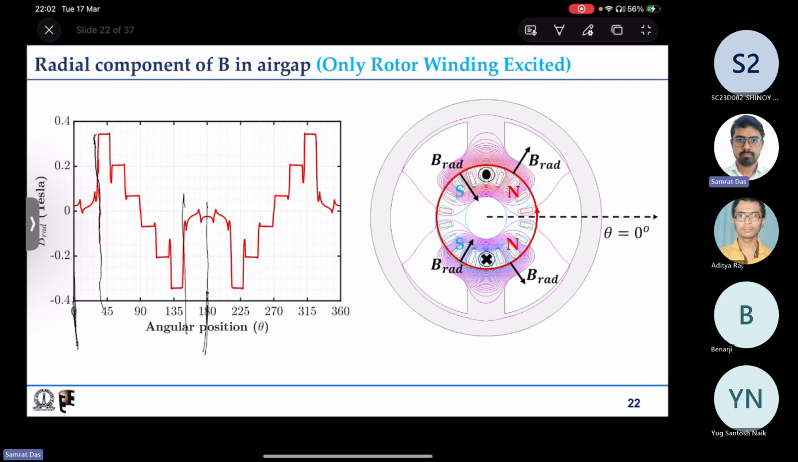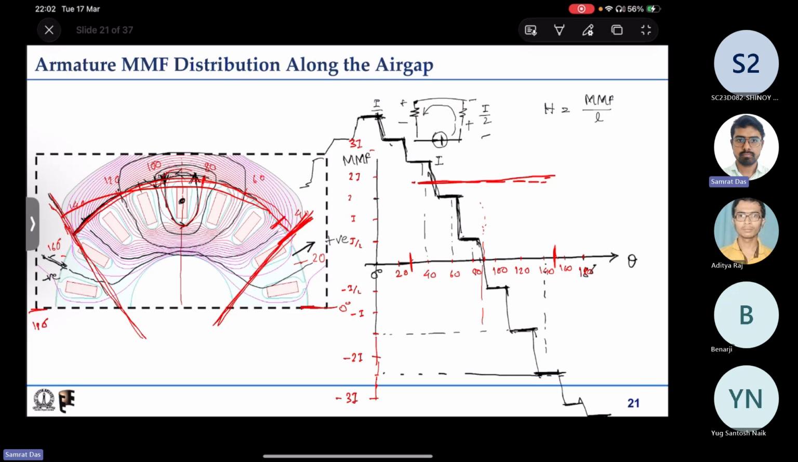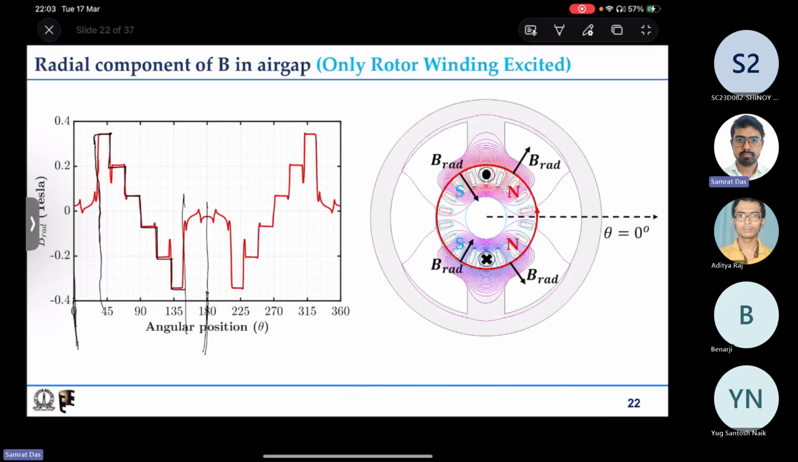You can see the same stepped kind of distribution in B radial, because anyway the flux lines are radial only when there is a small air gap. That same pattern is visible. You can see the pattern. The same stepped kind of pattern, whatever we derived for MMF, that same is visible here. But in this region,